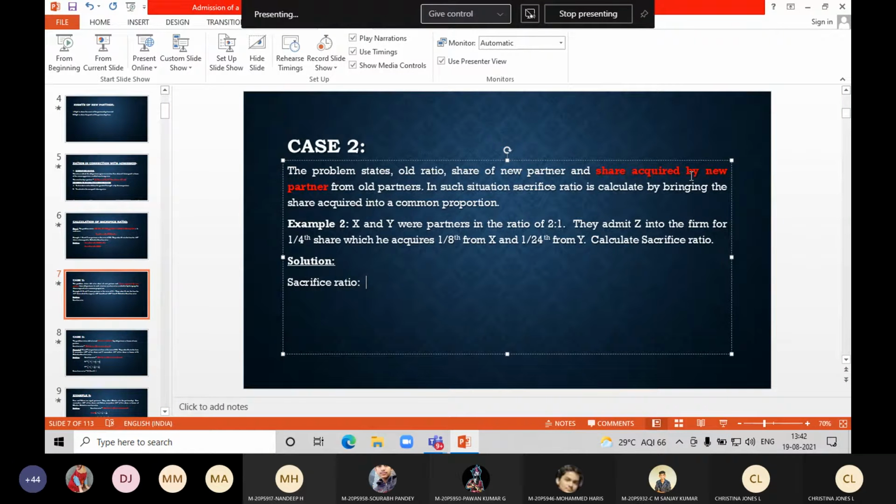Sorry, let me put it the other way, with the same names. Sanjay had 10 chocolates and Dhruv had 15 chocolates. John is the new guy who has come into the business. Now John acquired 3 chocolates from Sanjay and 5 chocolates from Dhruv. Can anyone tell me how much Sanjay and Dhruv sacrificed here?